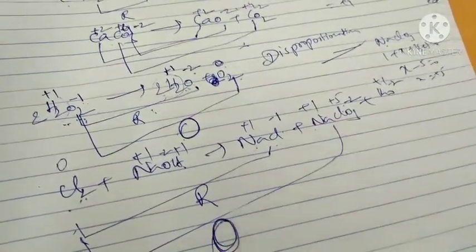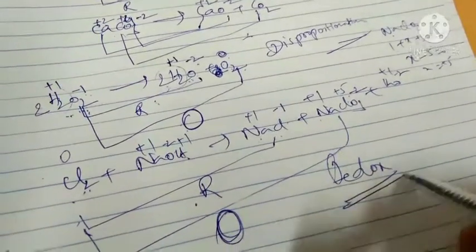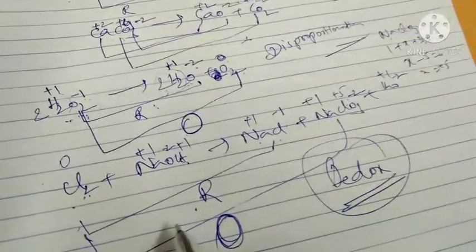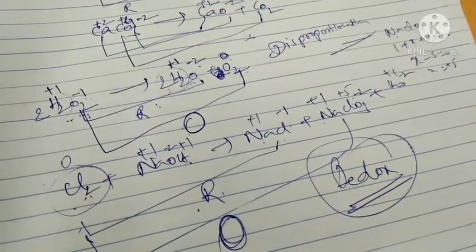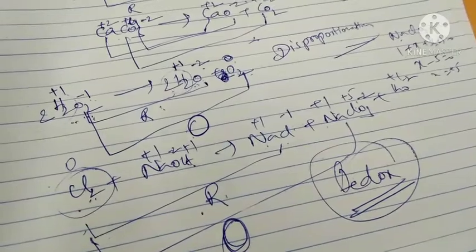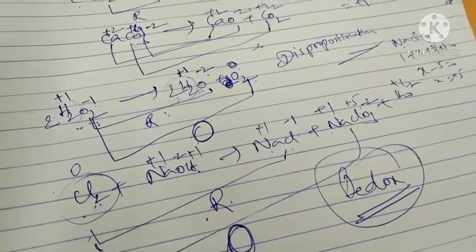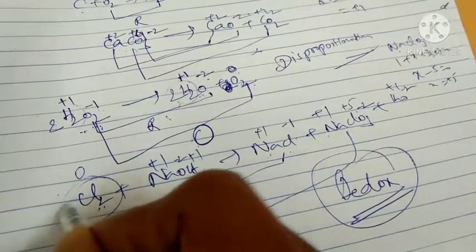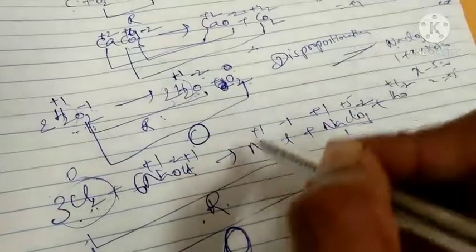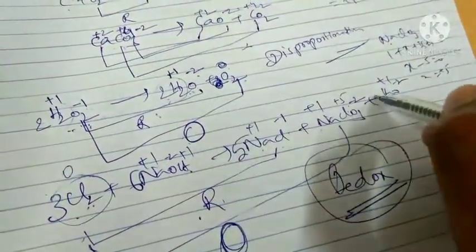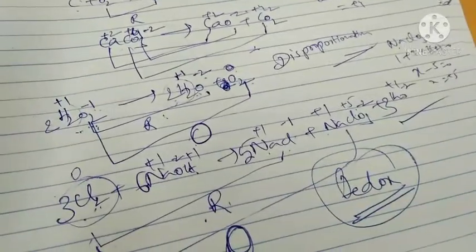That is oxidation. This reaction is also called a redox reaction. But which redox reaction? Disproportionation, because in this oxidation and reduction, only the chlorine element participated. That is why this comes under disproportionation reaction. To balance this reaction, what we have to do? Take 3Cl2, then 6 here, 5 here, 3 here. Then the total reaction will be balanced.